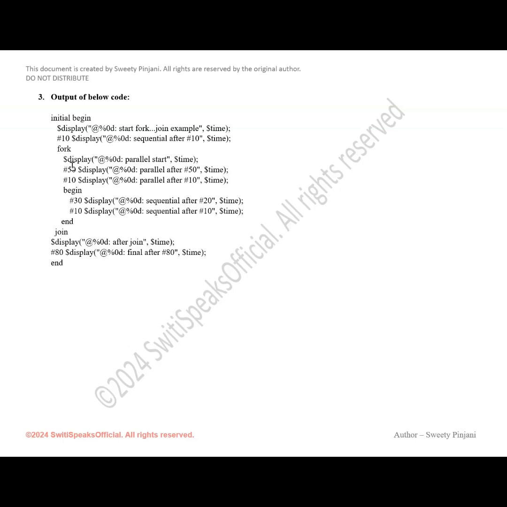Inside the fork join, again you have some displays without delays, and then some displays with delays. And then inside this fork join itself, you have a begin end, and then certain display statements. And after the fork join, you have some display statements. You have to analyze what is the output of the code, which means at what time which display statement is going to be displayed.